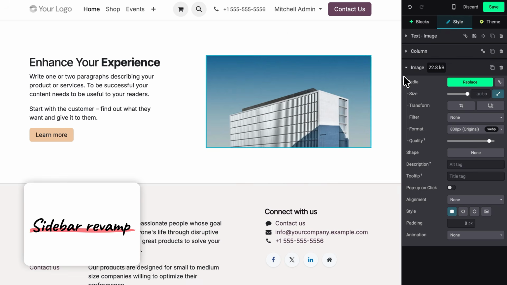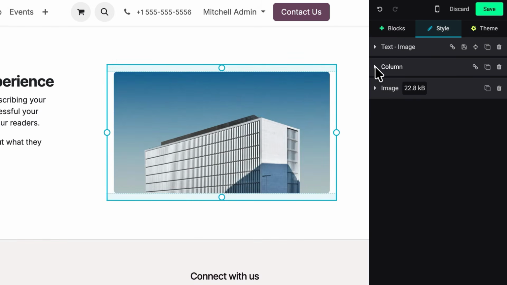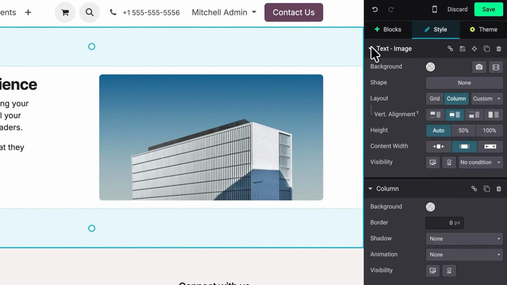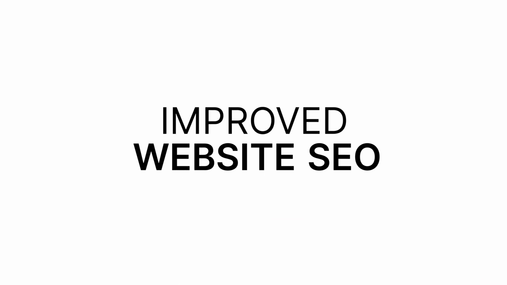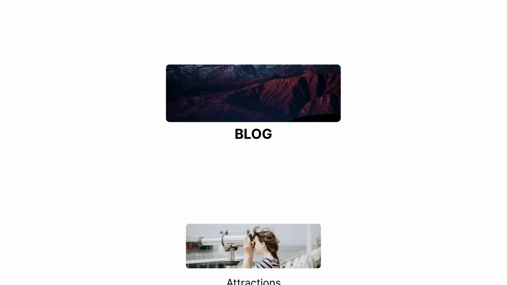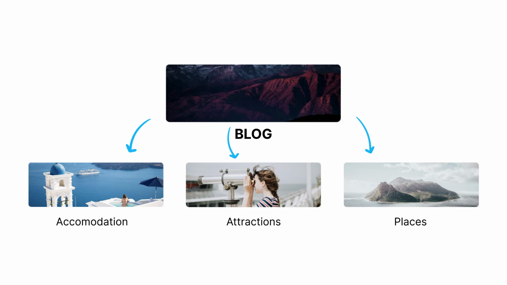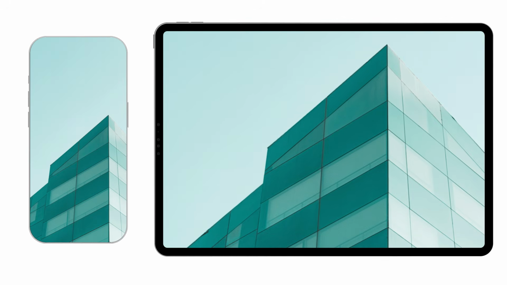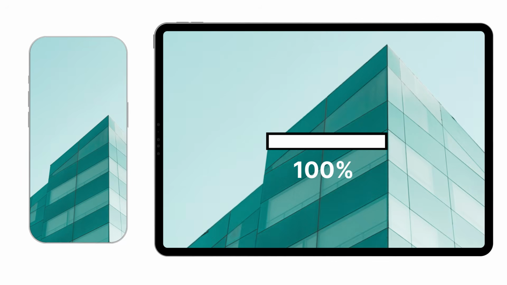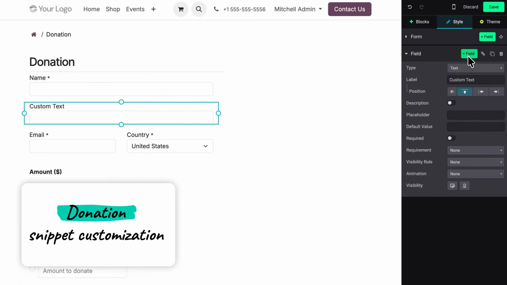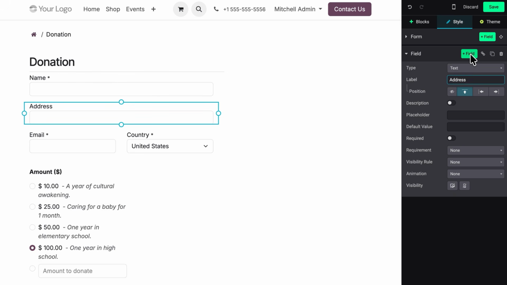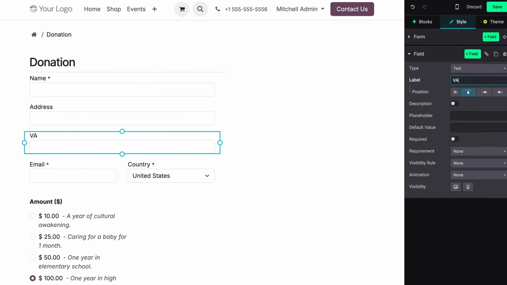The website sidebar now folds secondary option groups automatically, giving you a clearer overview of the options. Website SEO has been improved with smarter canonical tags to avoid duplicate content and automatic responsive images that load faster on any device. The donation snippet is now fully customizable, so you can collect all required information and meet legal